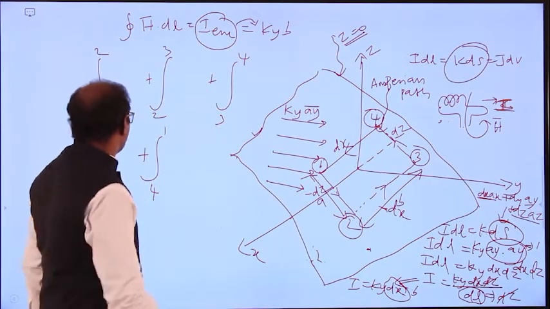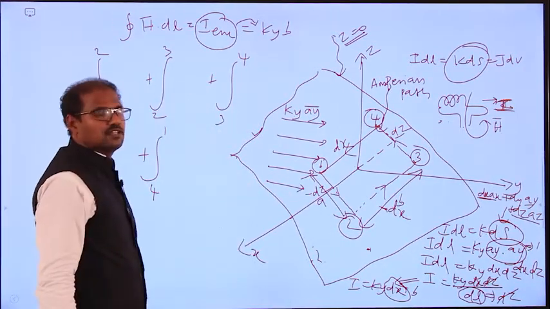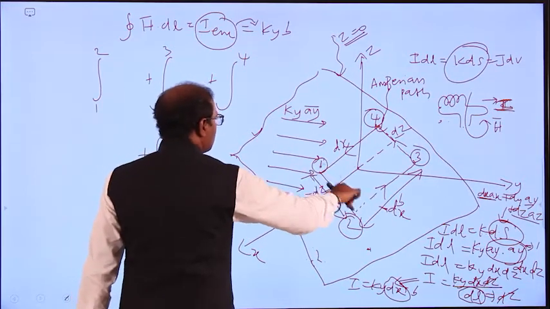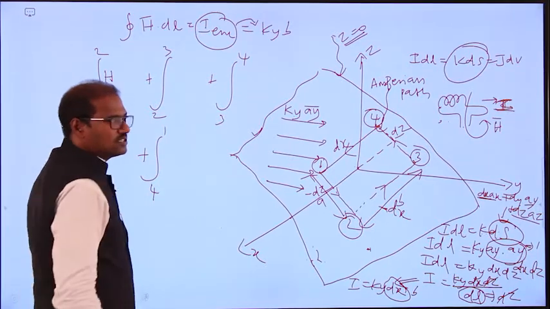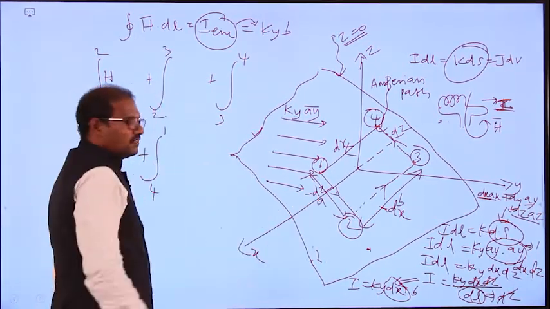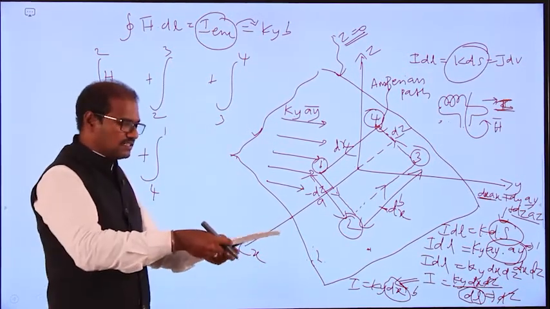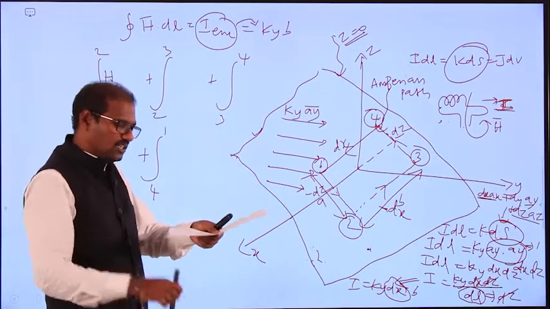We have to calculate the amount of magnetic intensity in this Amperian path. Now from 1 to 2, we can call this H. H means magnetic field intensity. That will be moving down, as I told already. This is a sheet, an infinite sheet. That sheet will be moving down.